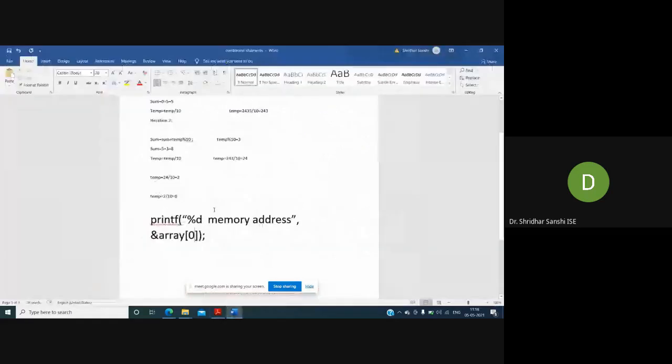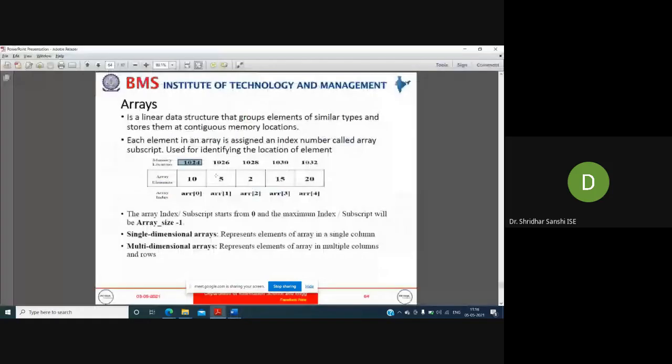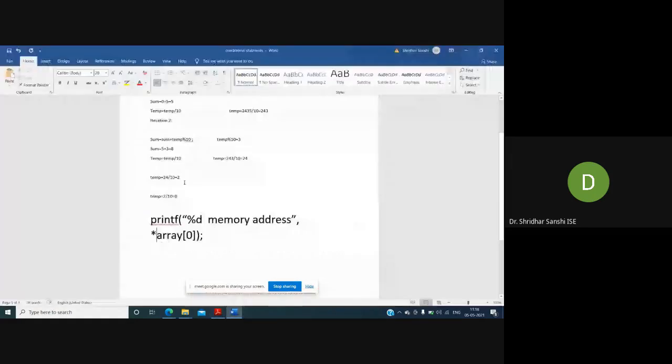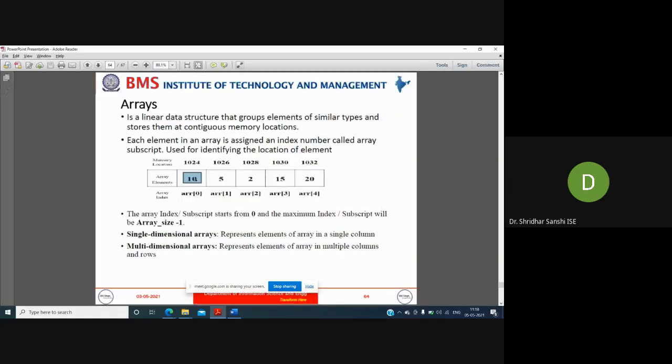And if instead of ampersand I write star here, what will be printed? Star is used for printing the value which is there in this particular memory address. So star of array of 0 will print 10. I hope you understood. This is also a fundamental, so you should understand.